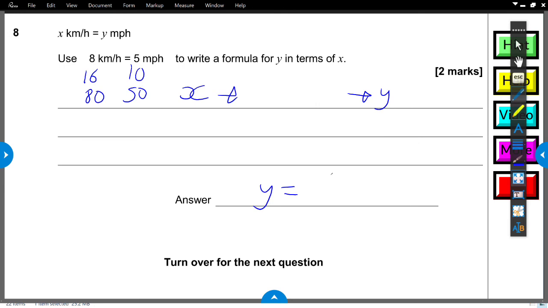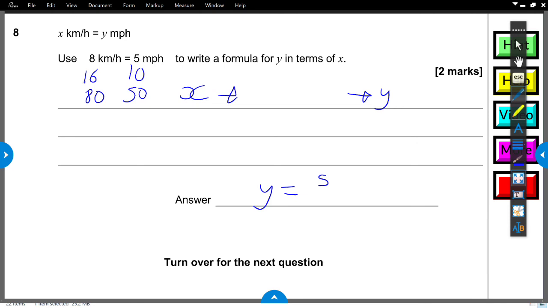So if I start with the fact I was timesing by 5. So let's start with 5. 5 times something. I'm timesing that by the factor, so the amount I times this. That's a little bit difficult to write out, but let's think about how we can approach this. So we wanted to find out how many 8s go into